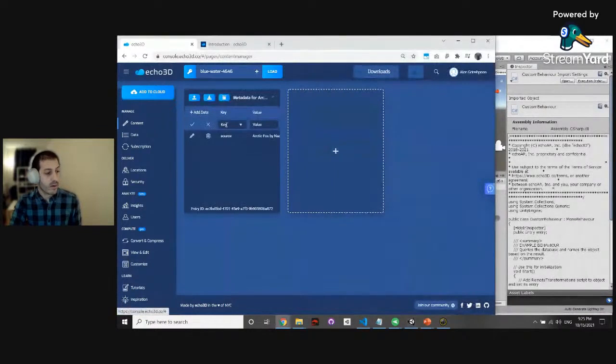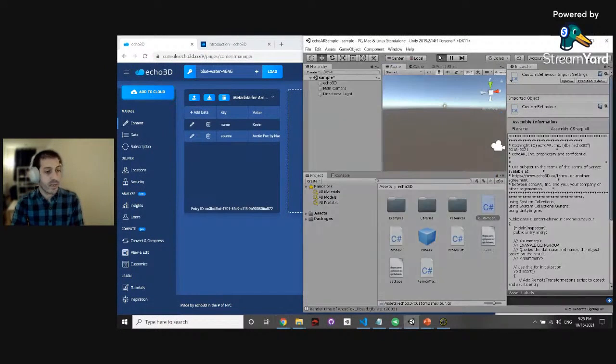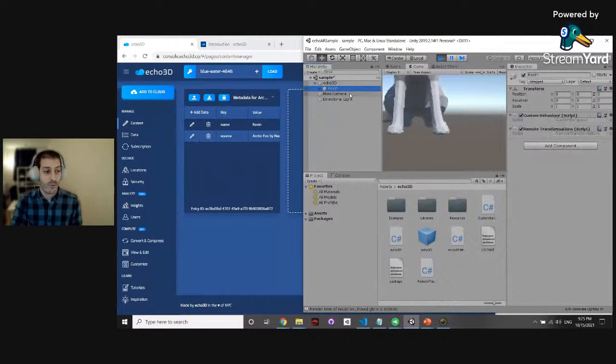So I'm going to add some name to it. So let's do name equals Kevin. That's a good name for a fox. And now I'm going to press play. Data, again, will stream from the cloud to the game engine. But now, instead of having the fox, we have Kevin the fox. How cool is that? All we had to do, just a few clicks, the function runs, and then we